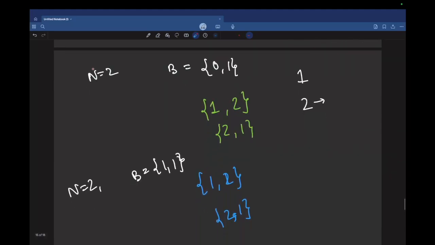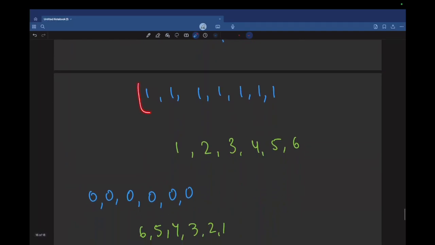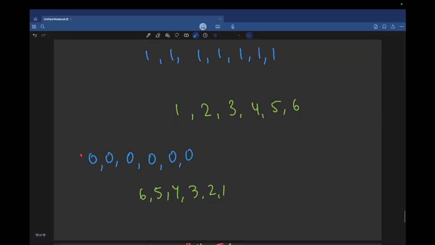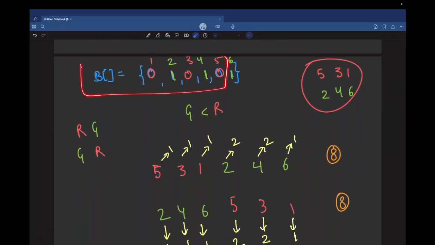Then we looked at the sample test cases. After that, we tried to think about the simplest possible case, that you will have either all ones in the given array or all zeros in the given array. So these were the simplest cases, to decide in which order we should pick up the elements. Then we thought about a case where we had alternating zeros and ones in